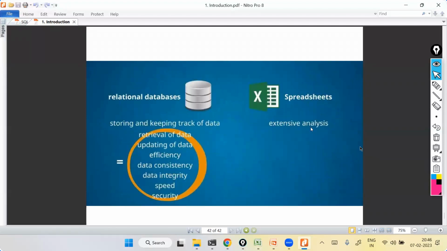These are the various advantages of the relational database when compared to spreadsheets: retrieval of the data, updating of the data, efficiency, data consistency, integrity, speed, and security. These are the advantages of the databases when compared to your spreadsheet. Right? Now,